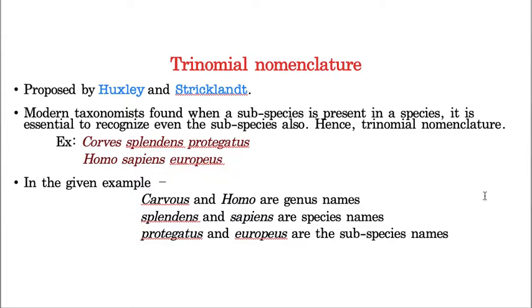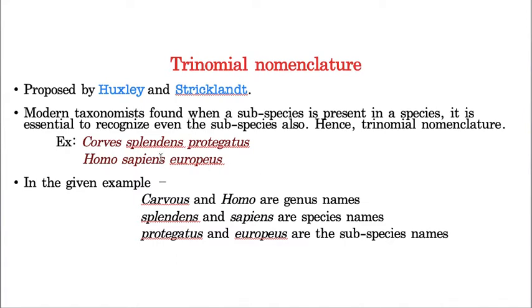But students, one thing you need to clearly understand: every time you need not mention the subspecies separately, because basically we are all human beings, whether he lives in Europe, or in America, or in Andaman Nicobar, that doesn't matter for us. So we are all human beings only. Usually the subspecies nomenclature is not that accepted. See, nowhere did I mention it is the most accepted, because there is no need.